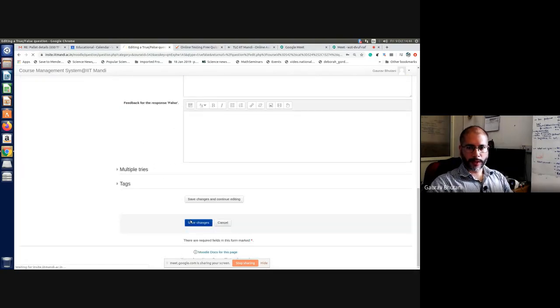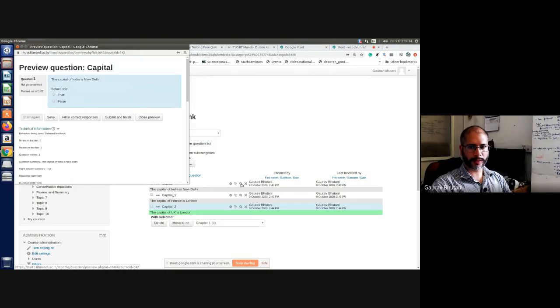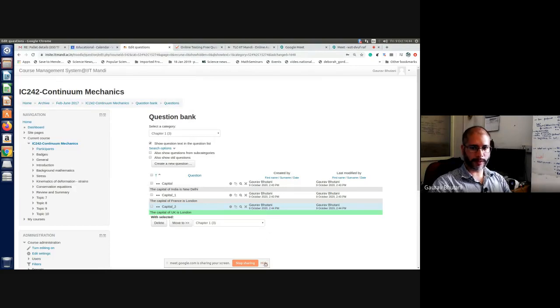So now we have generated 3 questions in chapter 1. You can see this number 3 and each question is here. You can also preview the question. When I click this magnifier button, that previews. So the capital of India is New Delhi, and I can click fill in the correct responses and it says true. This is just to check that the question makes sense and the answer is indeed chosen as the correct one, to ensure that we don't have any issues when the quiz becomes live.